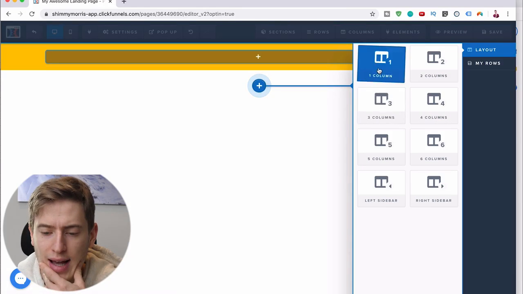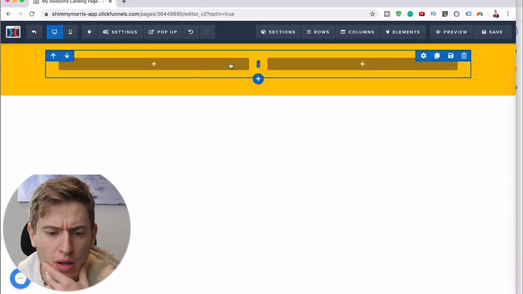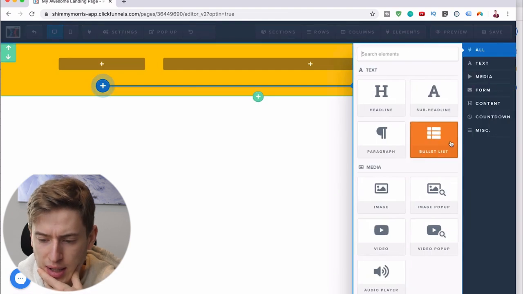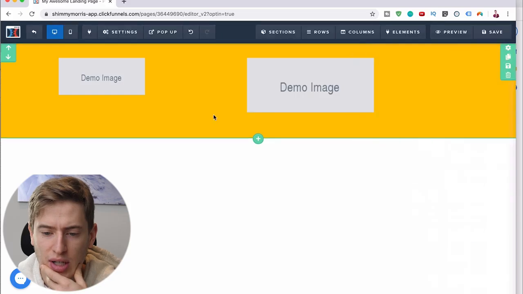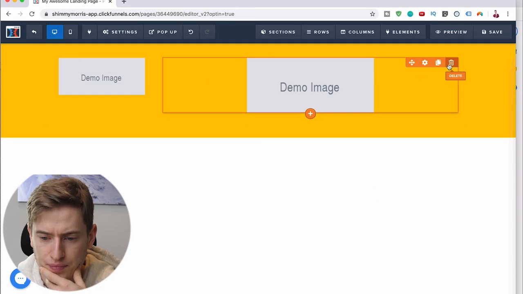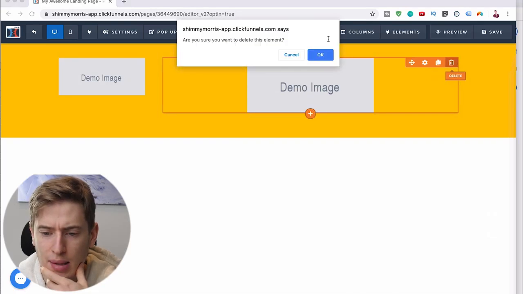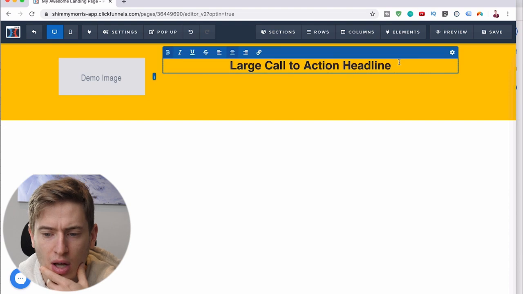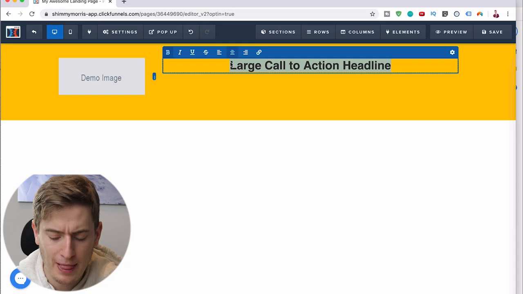Now let's add a two column thing with a logo and like a name. So let's put an image here, and you could put another image here, or we could put a heading here. Actually, I feel like that could convert slightly better. So you could put a headline here. So let's say you're selling a personal training package. So let's put in,